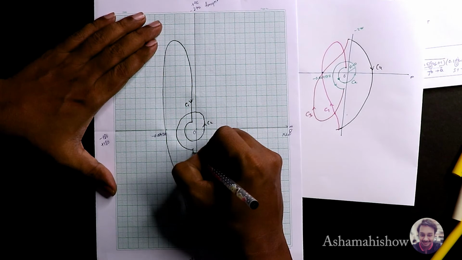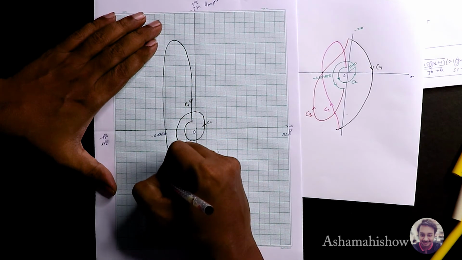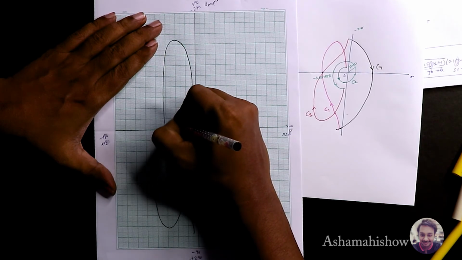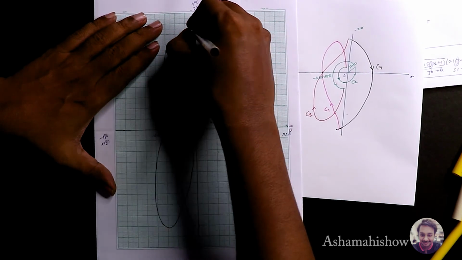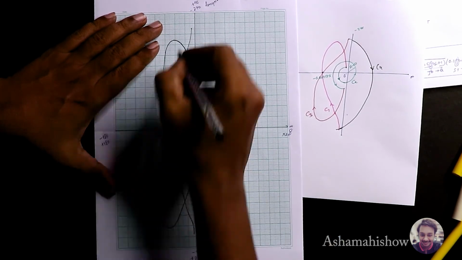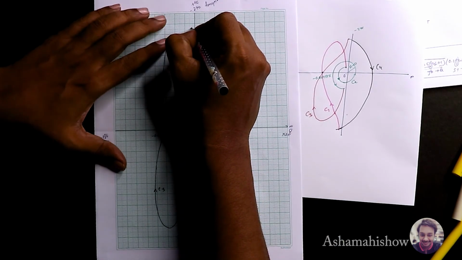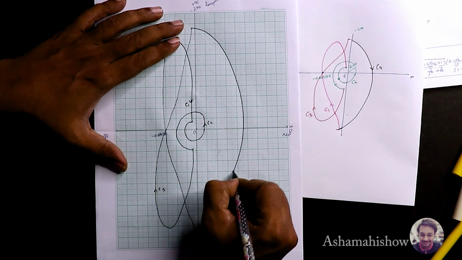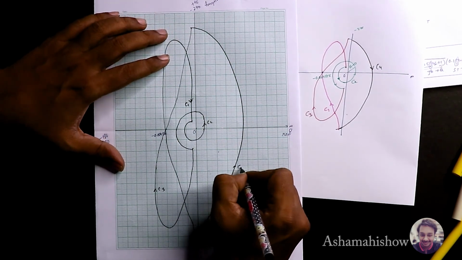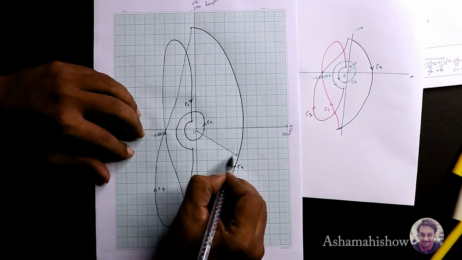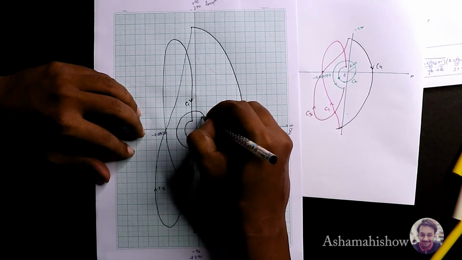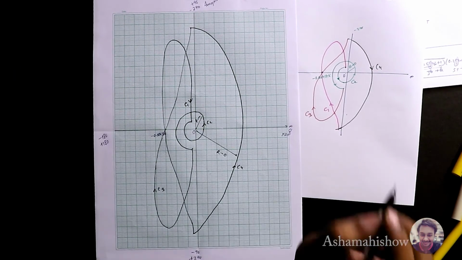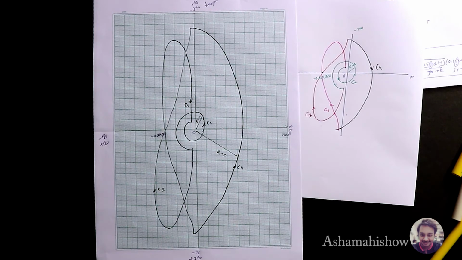So this will just reach here, comes up, it comes down like this. Your C3 is traveling here and your C4 will be the last one, which is from plus 90 to minus 90. So it covers the entire right half plane like this. C4. So for C4 your radius magnitude is 0 and for C2 your magnitude is infinity. So this completes the Nyquist plot like this. Okay, and now you need to tell whether the system is stable or not.